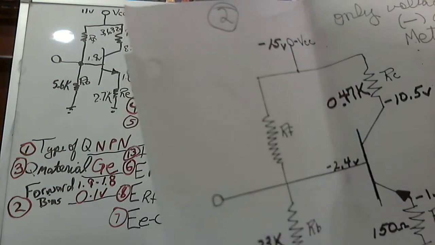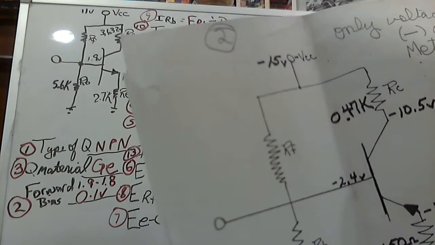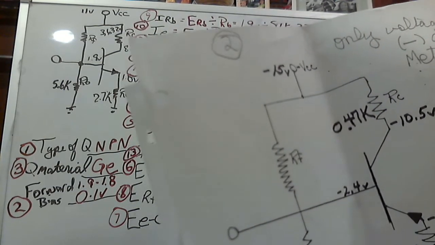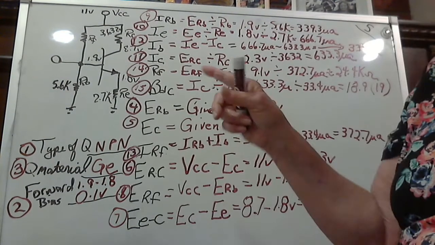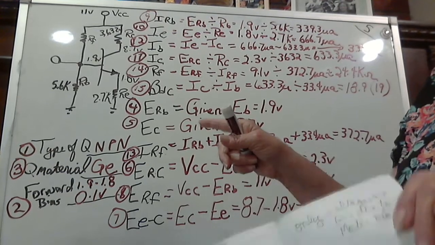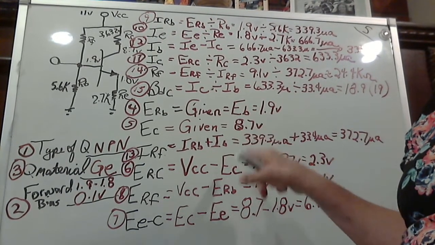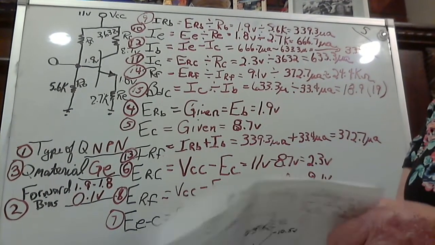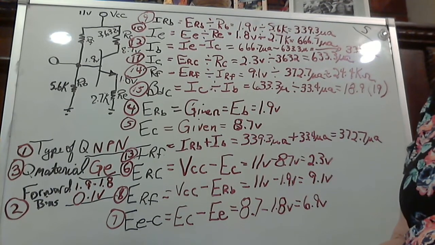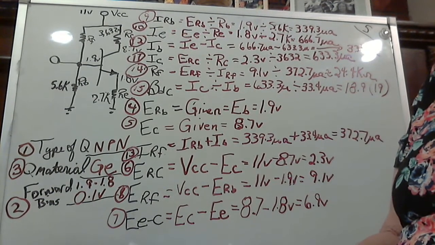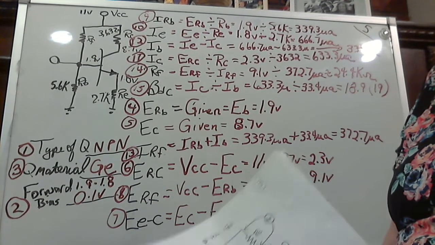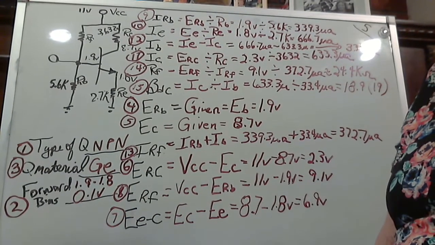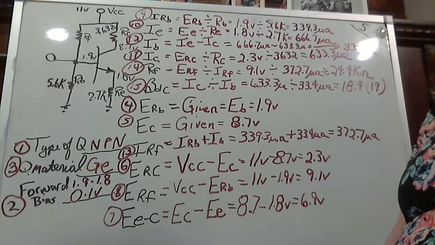This is the one I call number 2. This is the one I would work on next if I were you. And just solve it like we did this one. But just remember at the end of it, just put the negative signs in front of any voltages. The third one doesn't appear to give you enough information. And so what I just want to say is on that one,